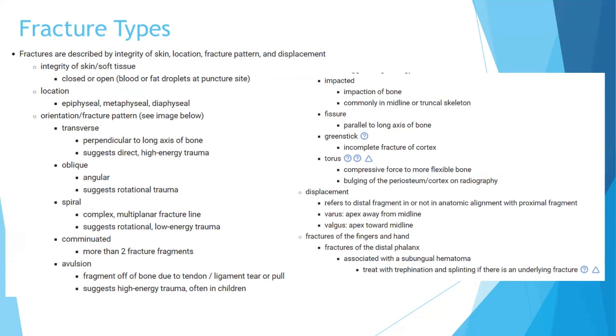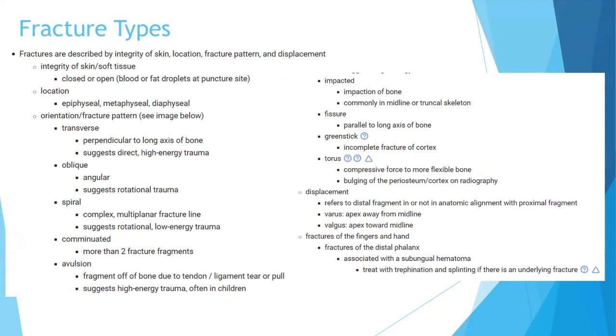Location can be epiphyseal, metaphyseal, or diaphyseal fractures. The orientation or fracture pattern includes transverse fracture, where it is perpendicular to the long axis of the bone; oblique fracture, which suggests a rotational trauma; spiral fracture, where a complex multi-planar fracture line is present; comminuted fracture, where more than two fracture fragments are present; avulsion fracture, where a fragment of bone is pulled off due to